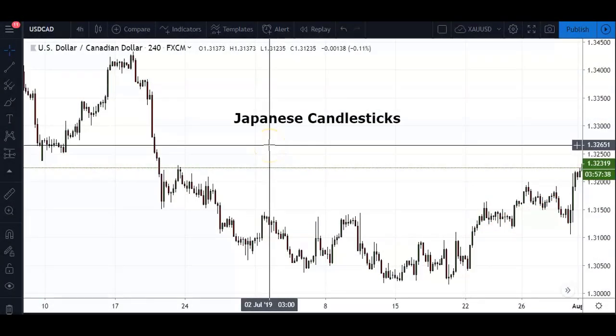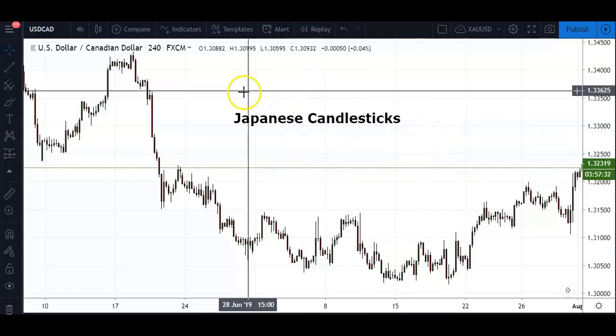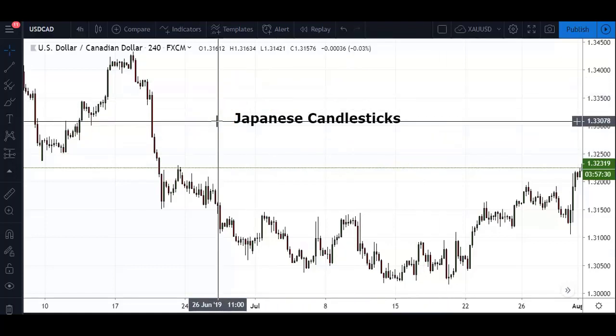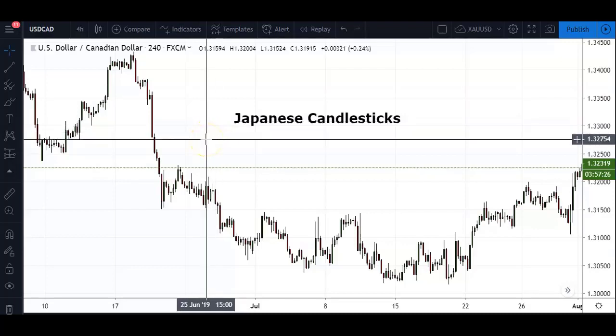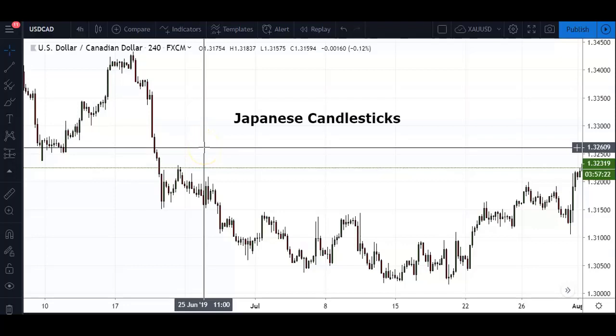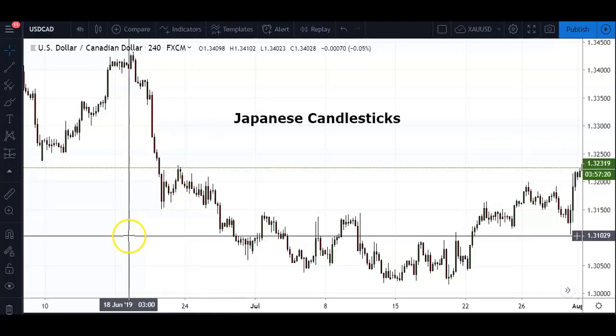Hello everyone, this is Richard K from Price Action and Income, and in today's video I want to talk about Japanese candlesticks. I'll give you a bit of their history, how traders tend to use them to spot potential reversals, and how I like to use them as an entry confirmation condition that I need to see before I will enter into